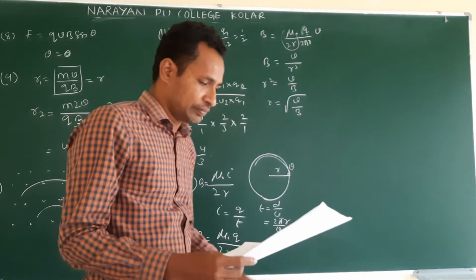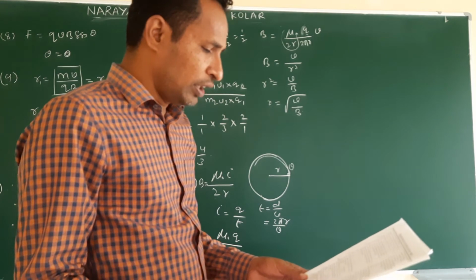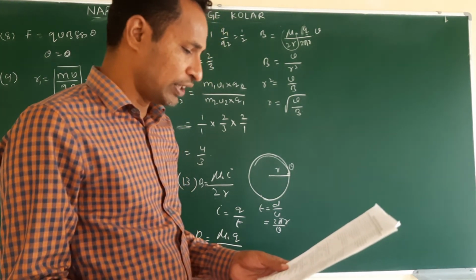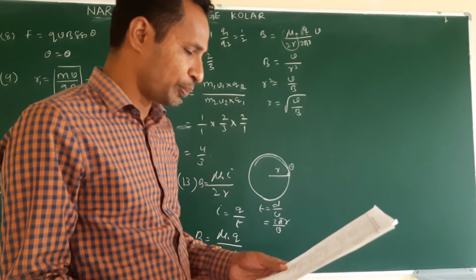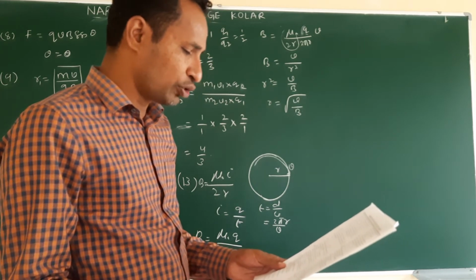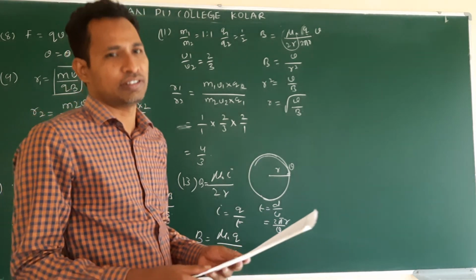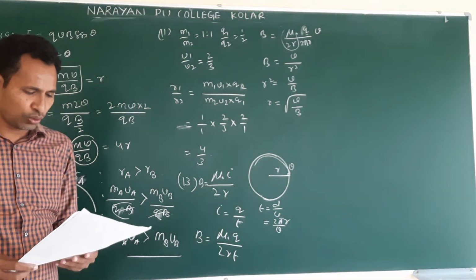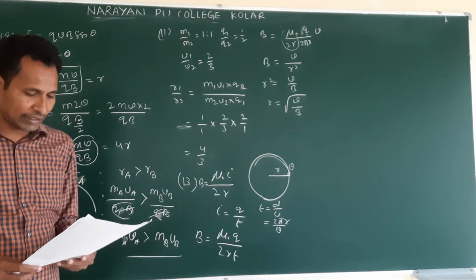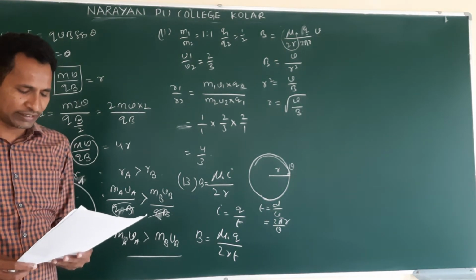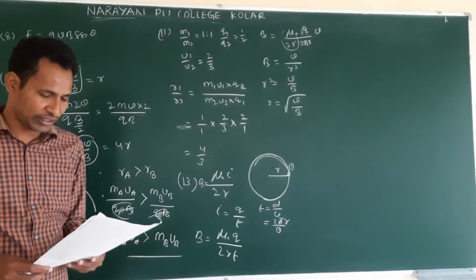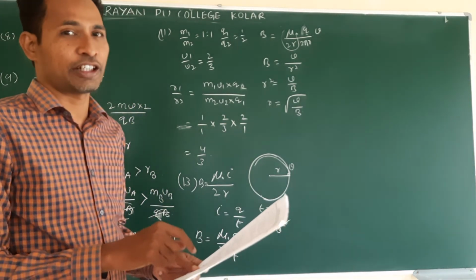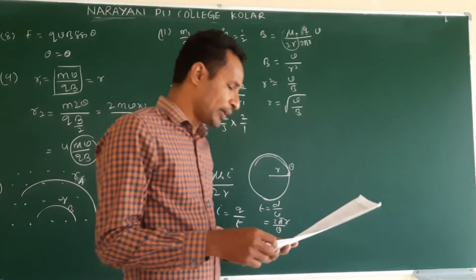Next, 16. A moving coil galvanometer should give much more deflection. It controls the speed of the deflection. The magnet should be placed near the coil. A high resistance connected across the terminals, low. A small copper wire should be connected. That will not affect. The body of the galvanometer should be earthed. This will not change anything. Only the magnetic field matters. The magnet should be placed near the coil.